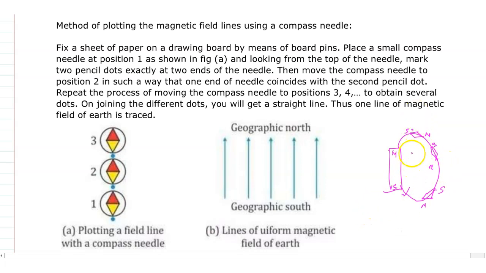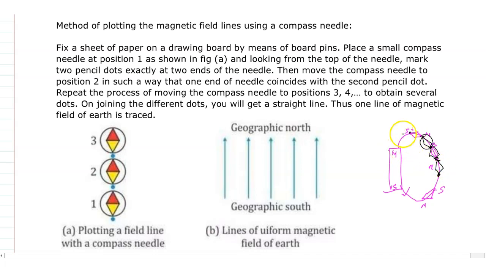So if you want to draw a field line, place a compass here, then mark this point and this point. Again move the compass and place it here, the compass again orients like this, then mark that point. Again place the compass here and mark that point.